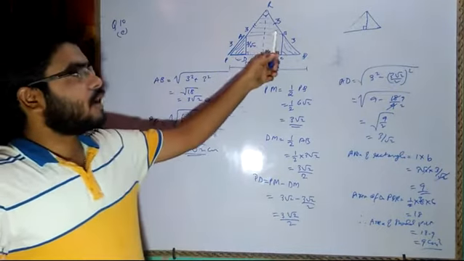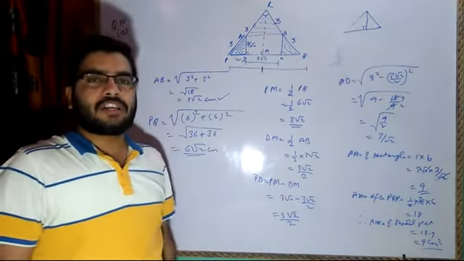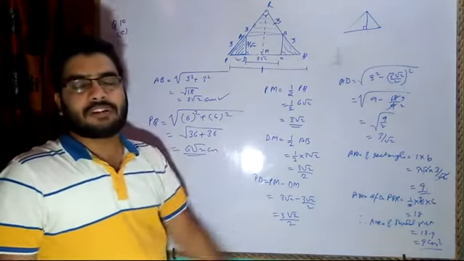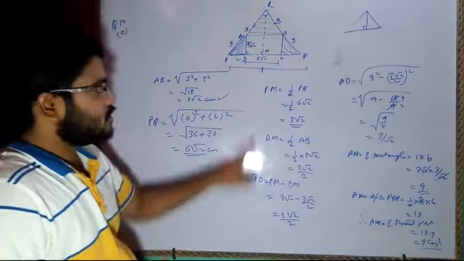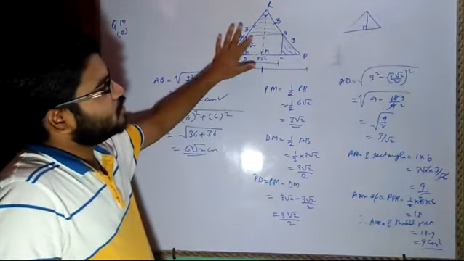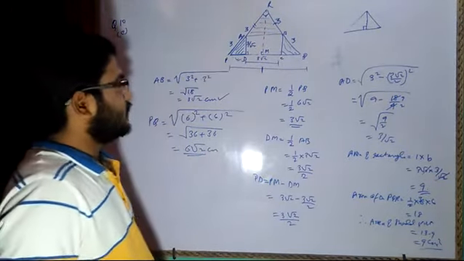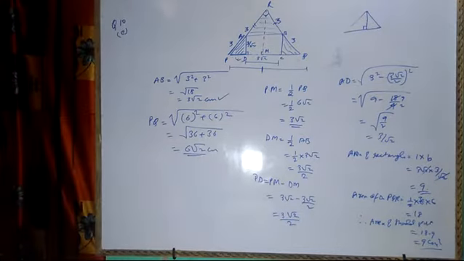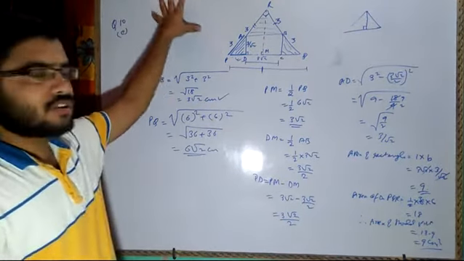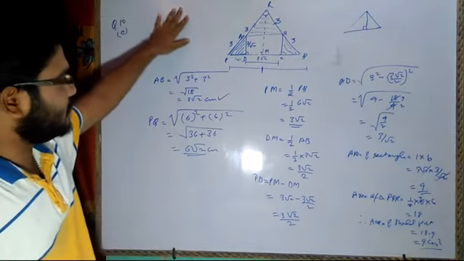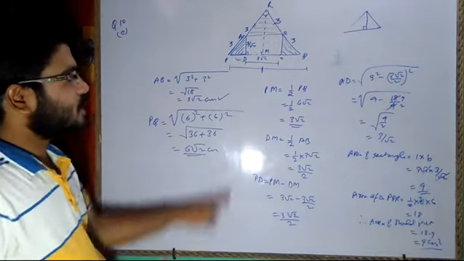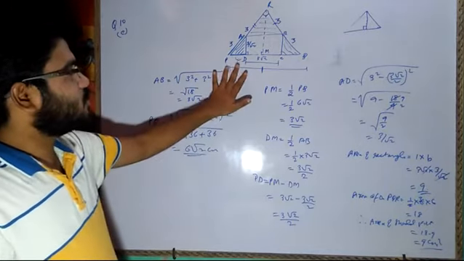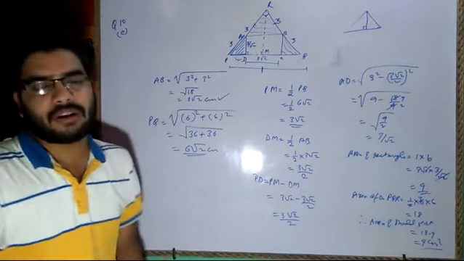First of all, the length and dimensions of rectangle is not given, so you have to anyhow find out the value of the dimensions. Unless you find out, it will be difficult to calculate. So this is one of the methods by which you can find out the dimensions and then calculate the area. So I hope this numerical solution is clear to all of you. It will be clear once you watch twice, at least you watch 2 times, so that you can be able to understand and then simplify and then calculate the values.